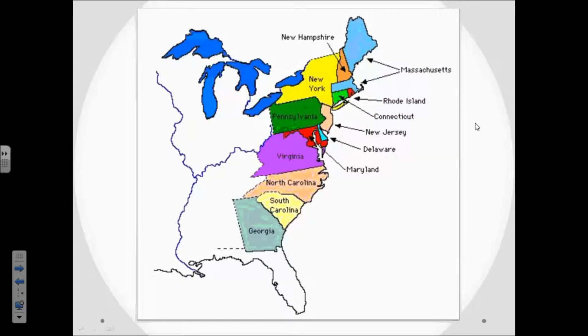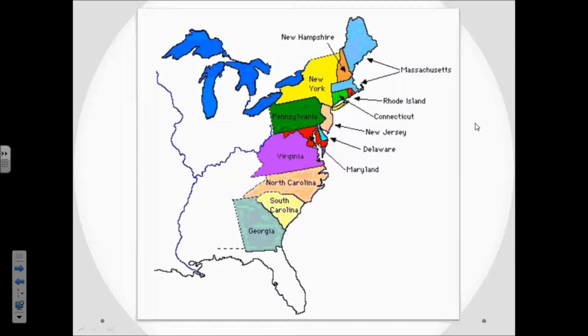Now looking at a map, what does this look like? And please make sure that you are filling out your map while I go over this, even if you have to pause it. So let's start at the bottom. You see Georgia bordering the Spanish border with Florida. And then there's South Carolina, North Carolina, Virginia, Maryland, the small little red state, Delaware, Pennsylvania,